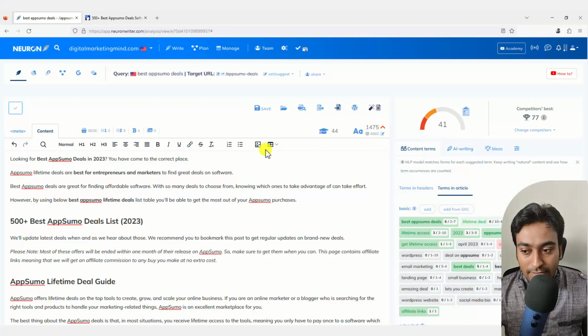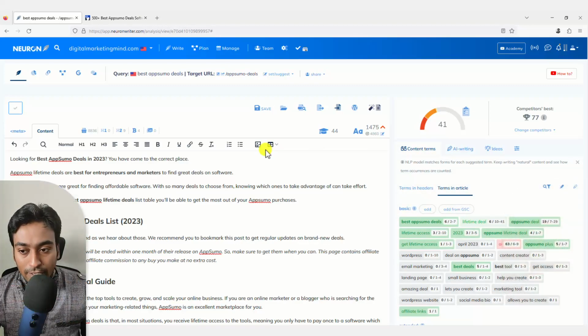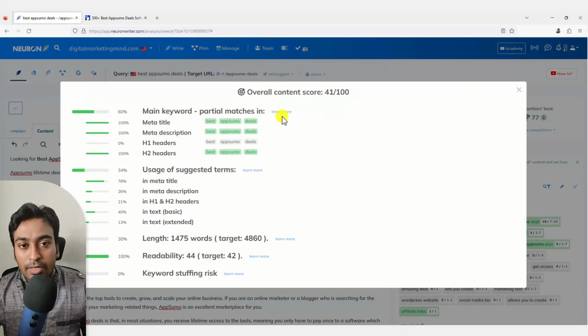Now let me quickly see all the SEO functionalities for this. First, I have copied the content here. If you notice on the right hand side, I'm getting a lot of SEO score and SEO data. First, it's giving me my content score for this particular one, and you see a small clipboard icon next to it. When you click on it, it will give me a summary version of what my optimization looks like, where I should be focusing more, and all the details are shown here.